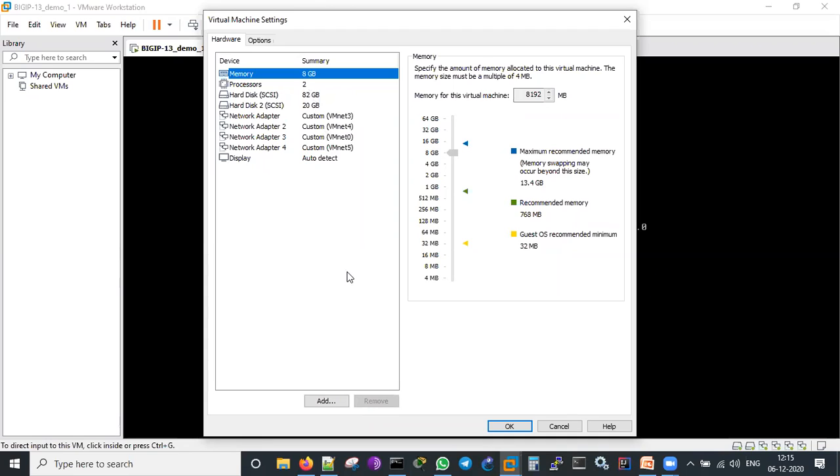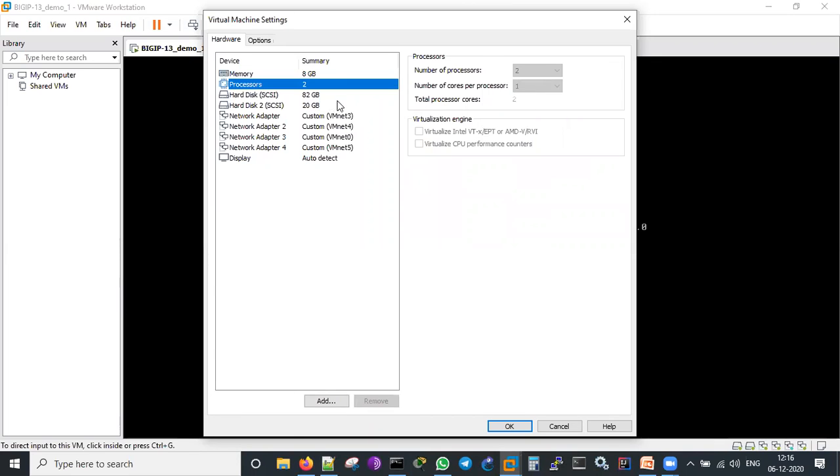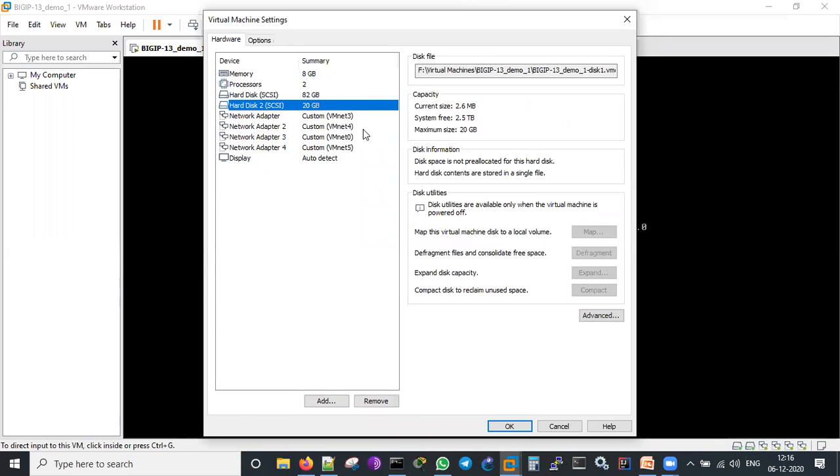But when you go to ASM, it will be doing a lot of processing and requires more memory to run. Otherwise, the system will be completely slow. Anyway, I am running this on Windows 10, and Windows 10 itself will take at least 6 to 8 GB. I gave 8 GB for ASM, and 2 processors here. There are 2 hard disks, which are automatically taken. You don't need to worry about that.